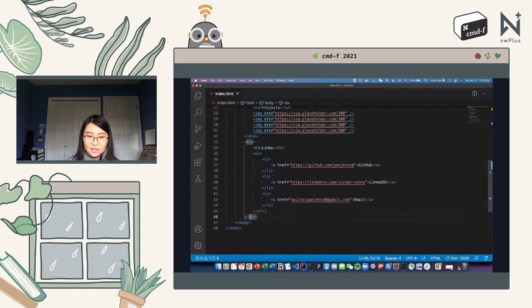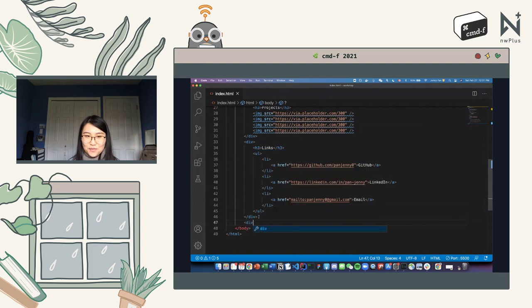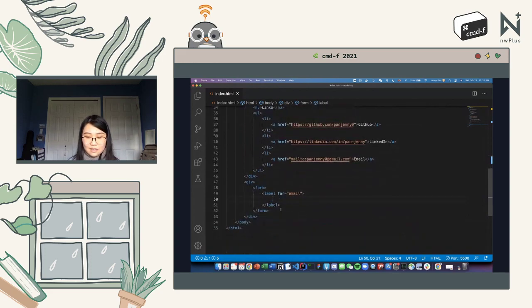Great. So another thing that we need to include as well is it would be nice to probably also have a form to allow people to contact you. So I'm going to just include a form right after the links section. And we're going to use the form element. And inside, I'm going to have a label for my email and say that email is